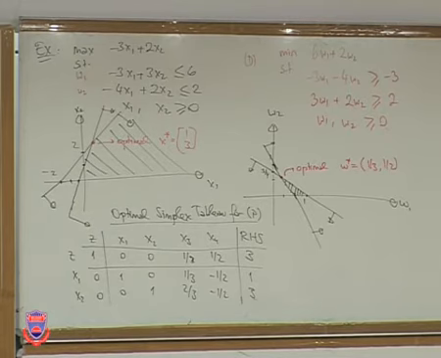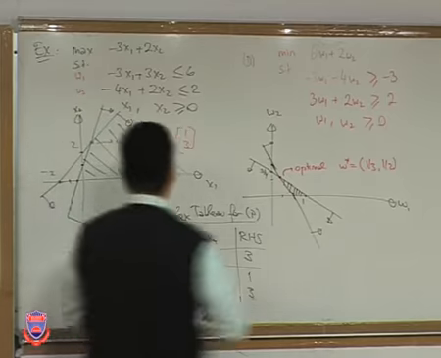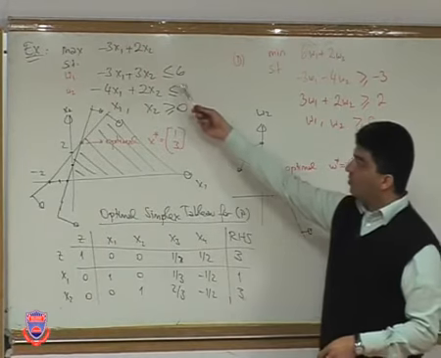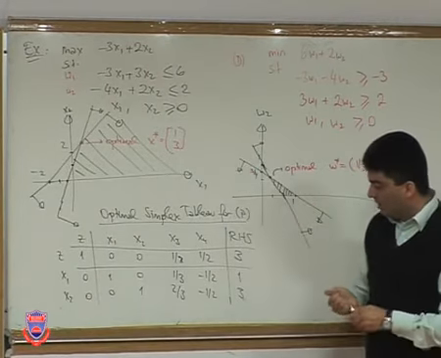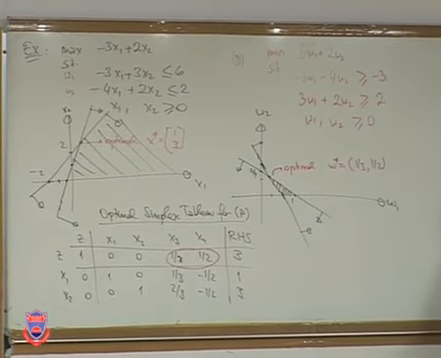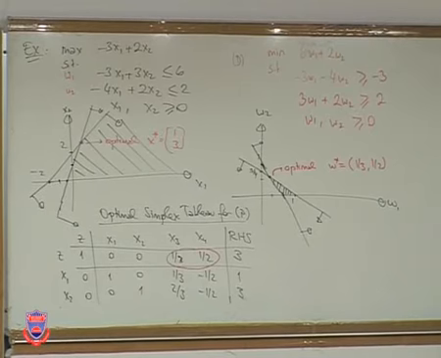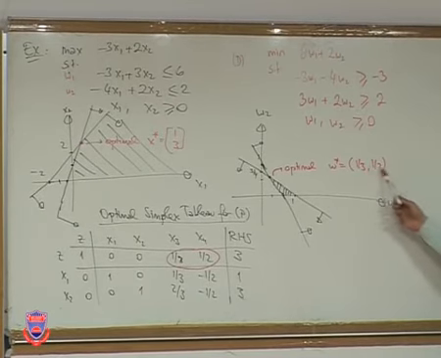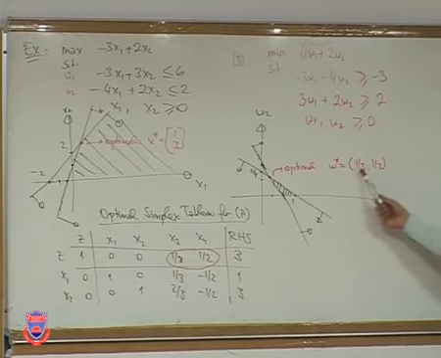Now remember, so x3 and x4 are the slack variables, right? So I'm adding a slack variable for the first constraint and the second constraint as well. And just look at the row 0 coefficients here. Okay? So we have 1 over 3 and 1 over 2. And look at the optimal solution for the dual problem. It's exactly the same as 1 over 3 and 1 over 2.